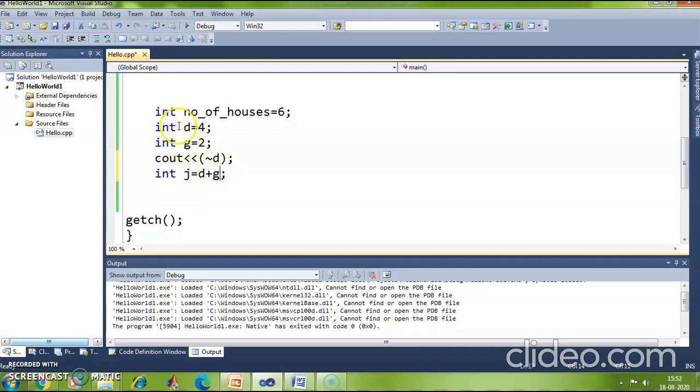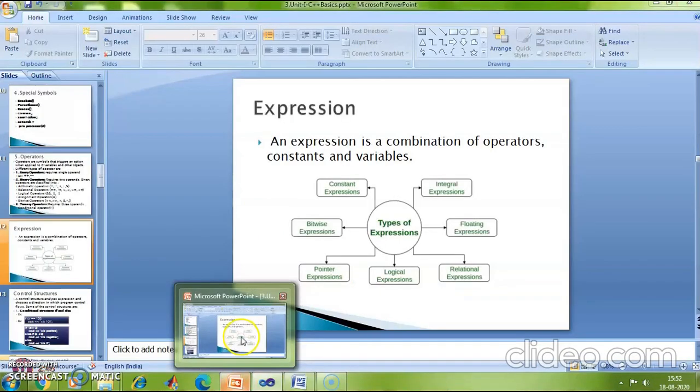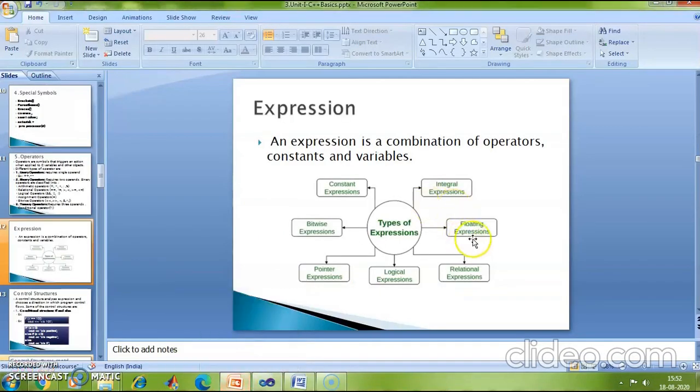Similarly, if I declare two variables of type float and then involve them in some expressions, then such an expression is called a floating point expression. So the third type of expression is floating point expression.